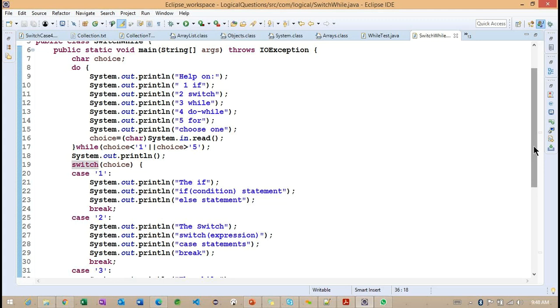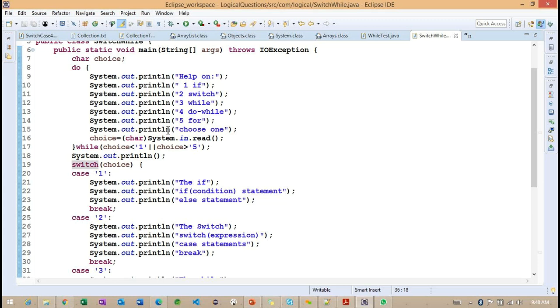Okay, character choice. Later, after that, System.out.println, help on, sir, that I printed. Okay, around up to 15 lines are executed. Yes, sir. After that, we have taken System.in.read. What is this, sir?